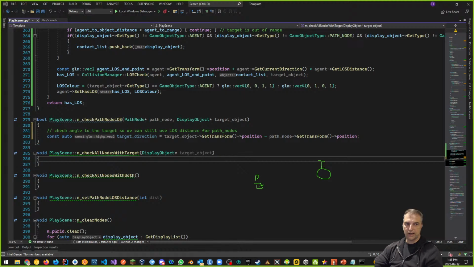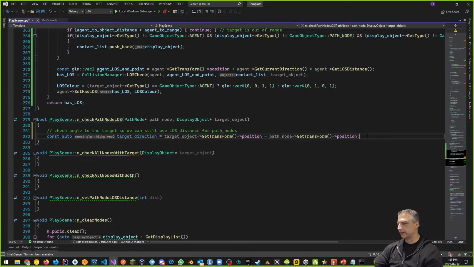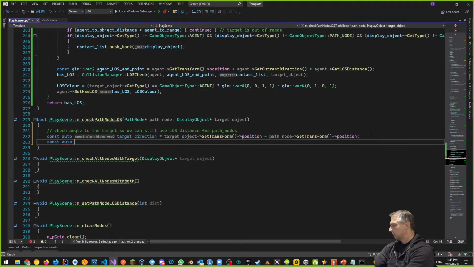Okay, so the way to do that would be to normalize this function. We have a normalize function that we're going to use. So we're going to say const auto, and we're going to call this normalized direction. The normalized direction is the actual direction itself, but we're going to use the util normalize function. The util library has a normalize function that we can pass this into. So normalize is going to take the target direction and reduce it to a